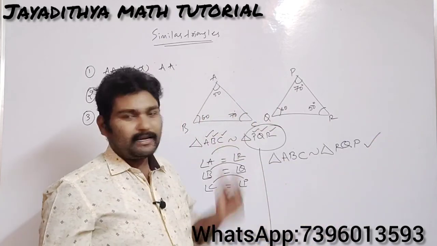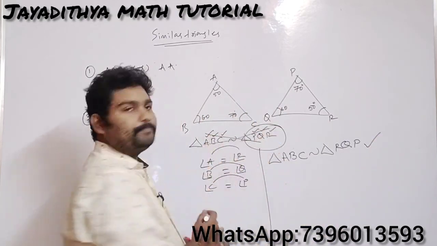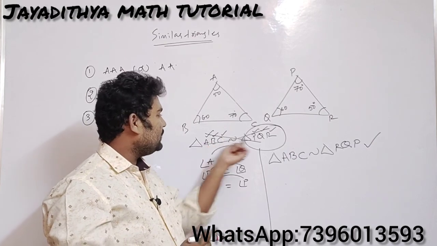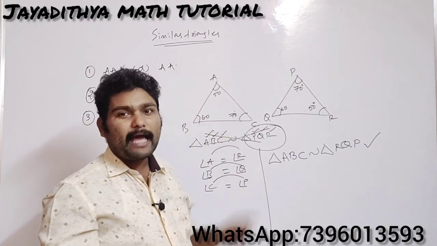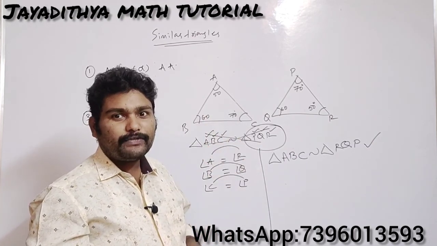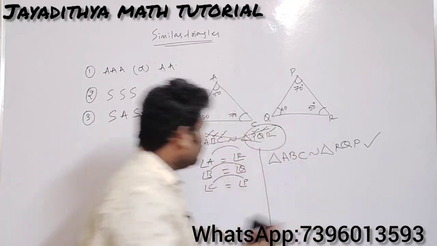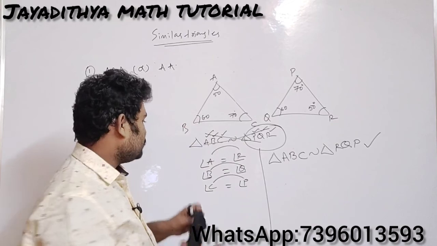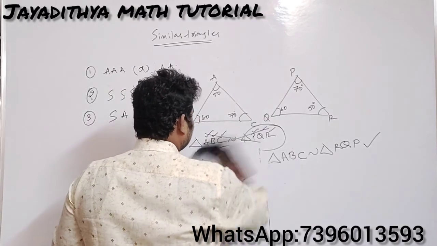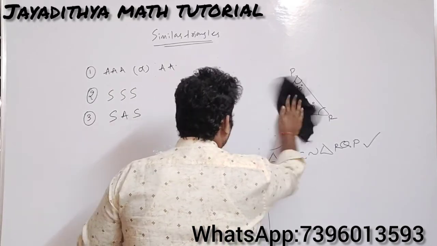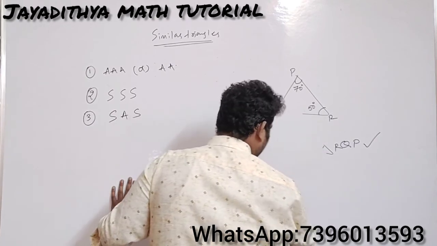So when the figures are like this, the earlier statement goes wrong now. You should not always write triangle ABC is similar to triangle PQR. That depends on the angles and on the ratio of the sides. You should be very, very careful in this part. If you write this statement wrong, your problem is wrong. That's all, keep in mind. And let us go for the second criterion. What is that? Sides must be proportional, right?